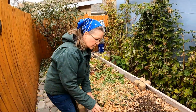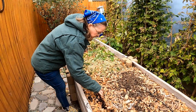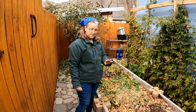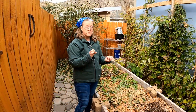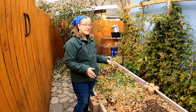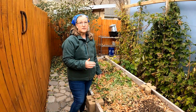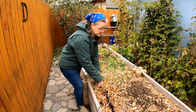One thing that did not work this year, and it's still buried in here, is our drip irrigation. Because our water has so much sediment in it, it does not work at all. It's too small of a line, and it just gets plugged so easy. So what I'm going to be doing next year is putting soaker hoses in my garden beds to see if that is a good solution, because I would rather water closer to the roots of the